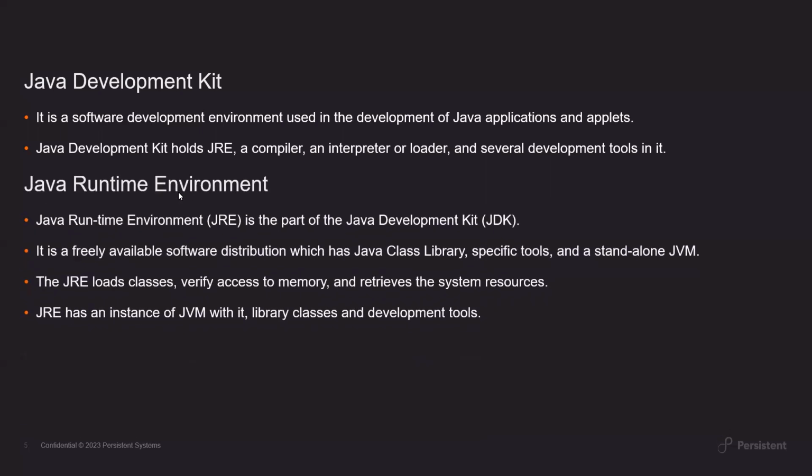And JRE, Java Runtime Environment, is a part of the Java Development Kit. It is also a freely available software distribution which has the Java class library, specific tools, and a standalone JVM. And JRE loads classes, verifies access to memory, and retrieves the system resources. Java has an instance of JVM with its library classes and development tools. So the Java Runtime Environment